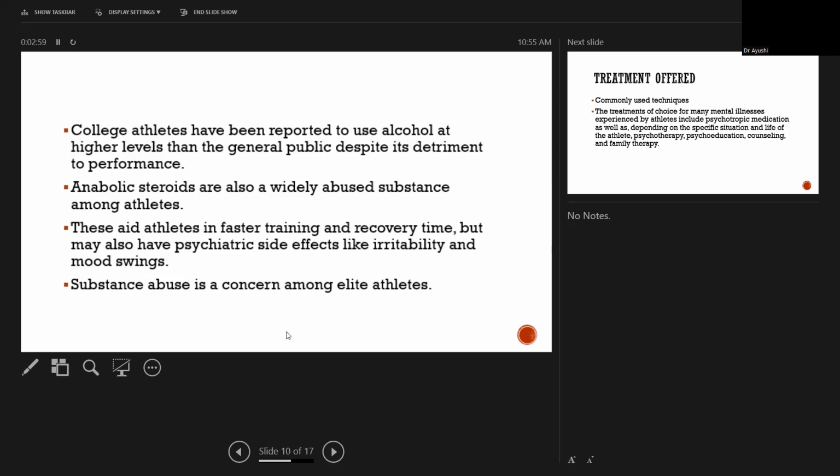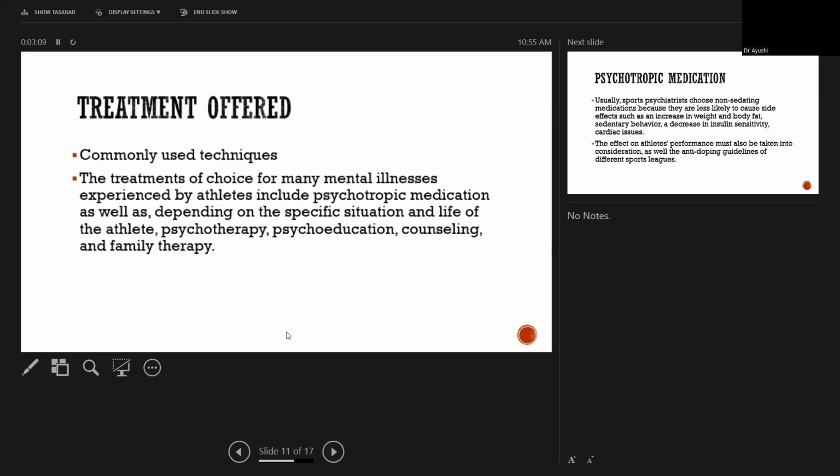These aid athletes in faster training and recovery time, but may also have psychiatric side effects like irritability and mood swings. Substance abuse is a concern among elite athletes. Treatments offered. Commonly used techniques: